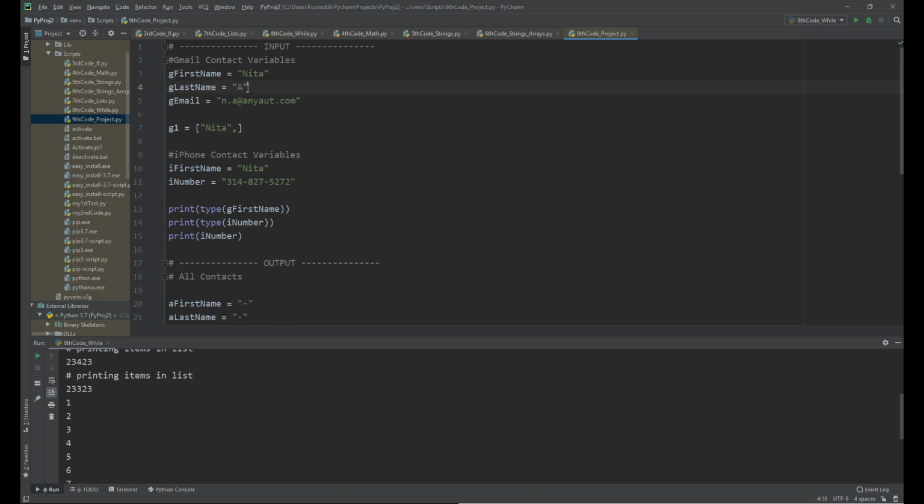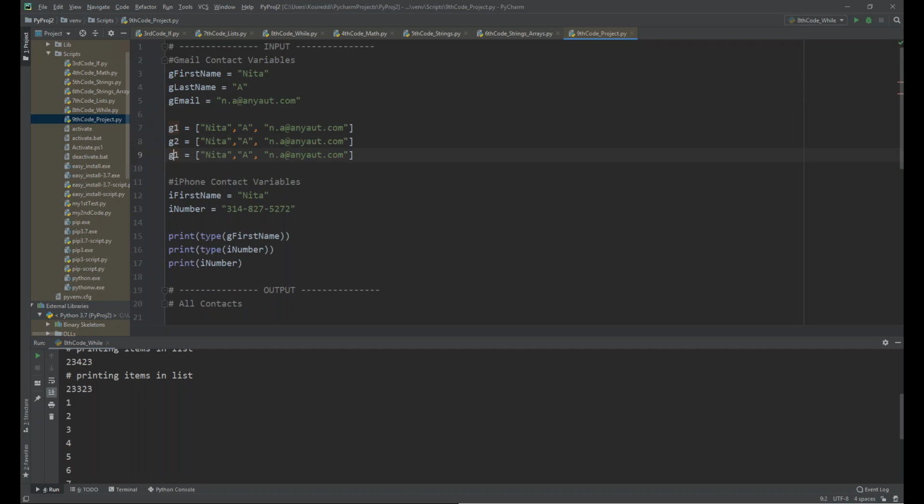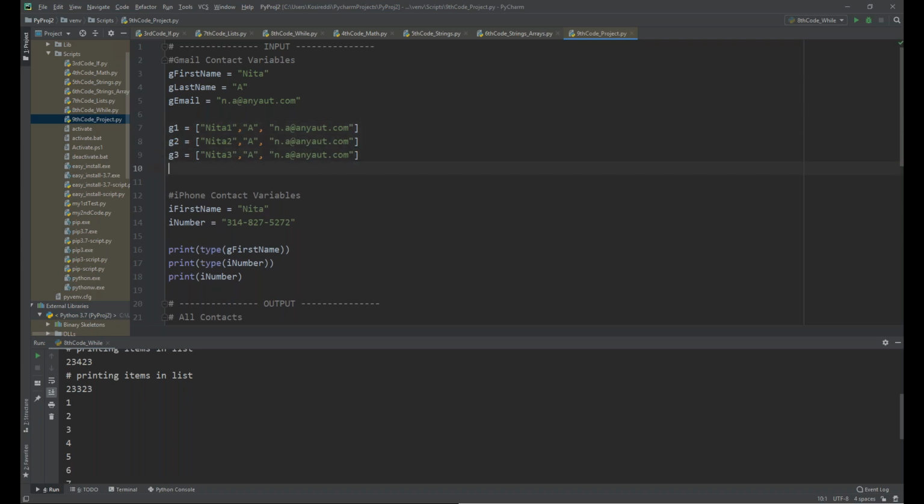This copy paste job takes a lot of time, and you have to be patient. See, like I was trying to write the code fast in the while and made 3 mistakes in 3 lines. So this is G1, and then I have another G2, then I have another G3, and each data could be different, team. Okay, so I'll just put for now Nita 1, 2, and 3,